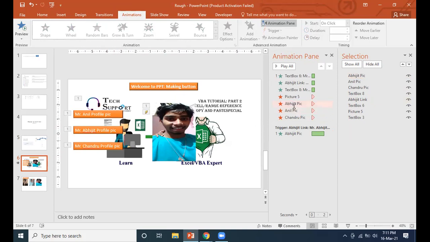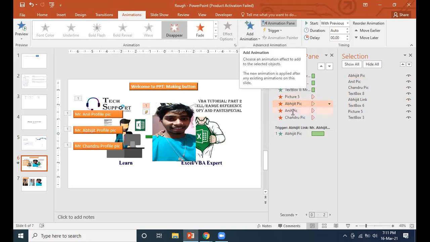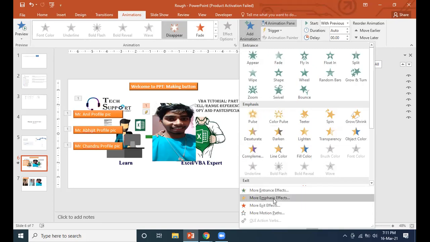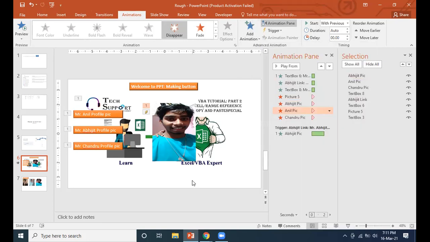The other images should not be disabled. So what we have to do is add one more action to this Anil profile. It should be disabled by default. It's disabled only. Let me run it. What is going to happen?